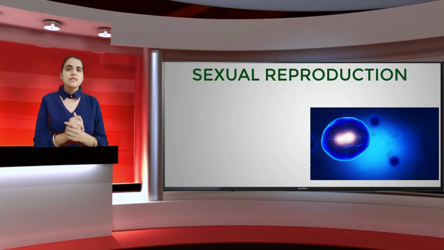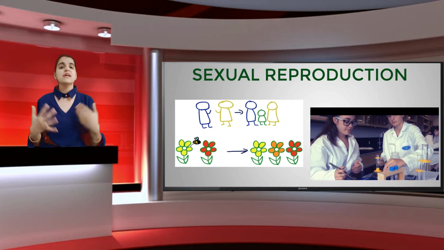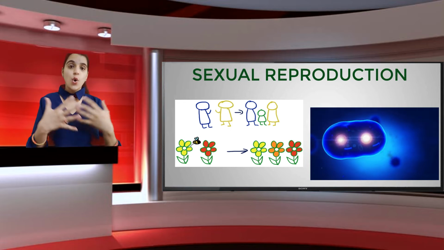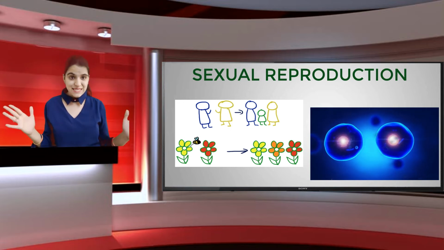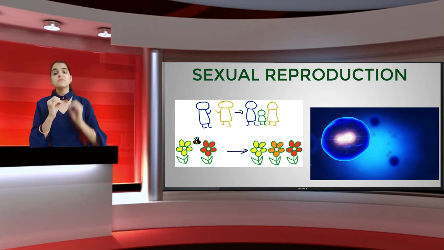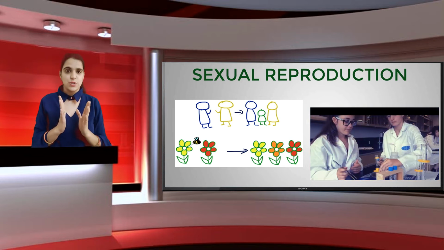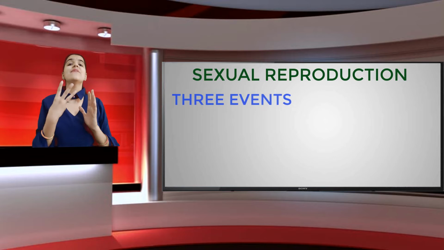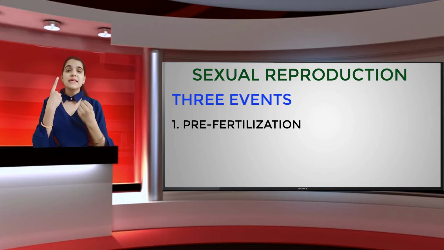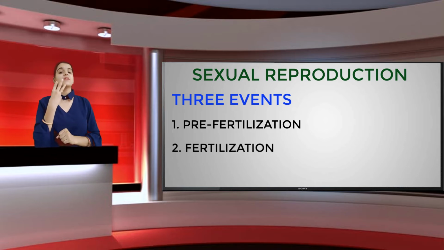The complete process of sexual reproduction has a set of events. Events are the phases. Without any of the phases, the whole process couldn't be completed. If any step is missing, what happens? The whole process wouldn't be complete, students, right? So there are three events in sexual reproduction. The first one is pre-fertilization, the second one is fertilization, and the third one is